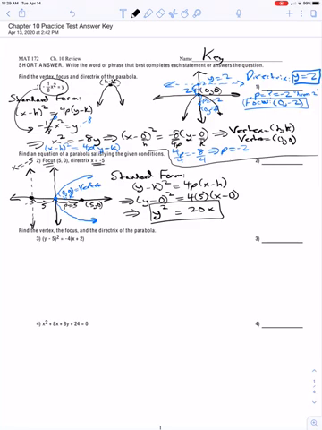All right, so let's move on to problem number 3. Find the vertex, the focus, and the directrix of the given parabola. Now, with that said,